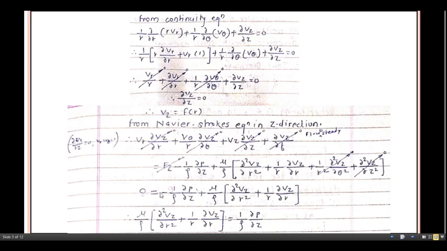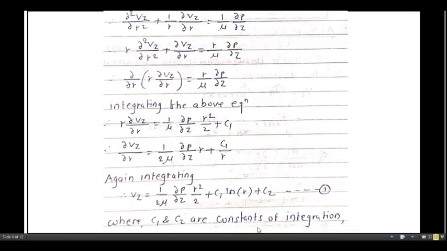So here in this case, the left side terms become 0, equal to this term, which will remain, and this term only remains. So we can get the relation by taking this term to the other side. In this we get the relation: mu by rho into bracket dabba square Vz by dabba r square plus 1 upon r dabba Vz by dabba r, bracket complete, equals 1 upon rho dabba P by dabba z.